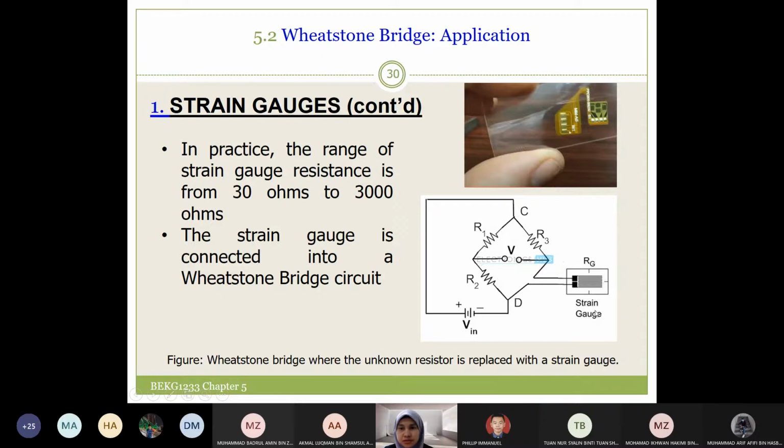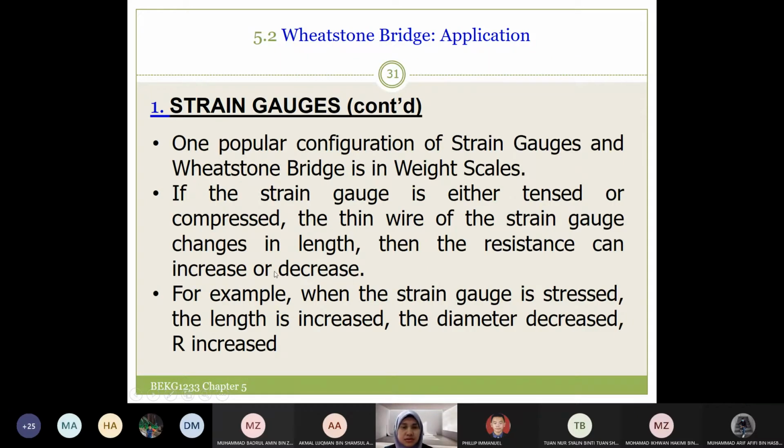Okay, on the strain gauge there is a thin layer, a thin layer that will change in length when we apply stress on the strain gauge. So when we apply stress on the strain gauge, the length will increase. Okay, imagine that you have a rubber band. So when we apply stress or we pull the rubber, the length will increase, but the